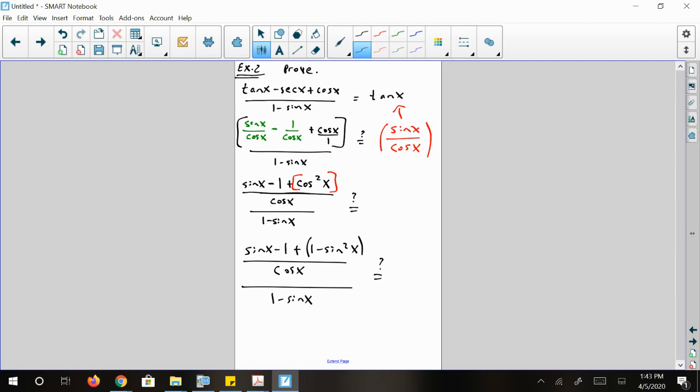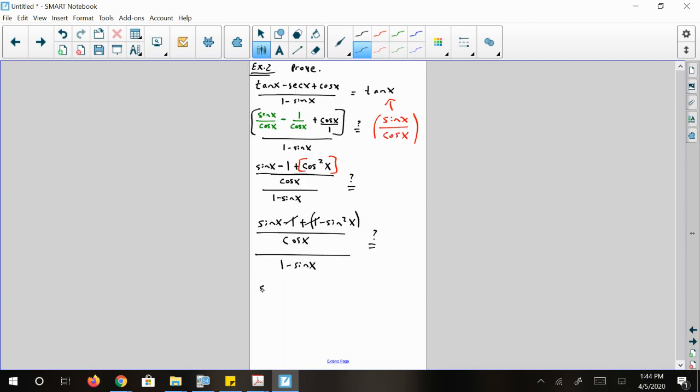Okay. From here, I can start to do a little bit of simplifying. Notice that what I have here is a -1 and a +1. Those are going to cancel each other out. Okay, and I'll be left with sine of x minus sine squared of x divided by cosine of x. And I could have done this a couple steps earlier. Remember, when I am dividing two fractions here, as I mentioned in the last problem, that's the same as multiplying